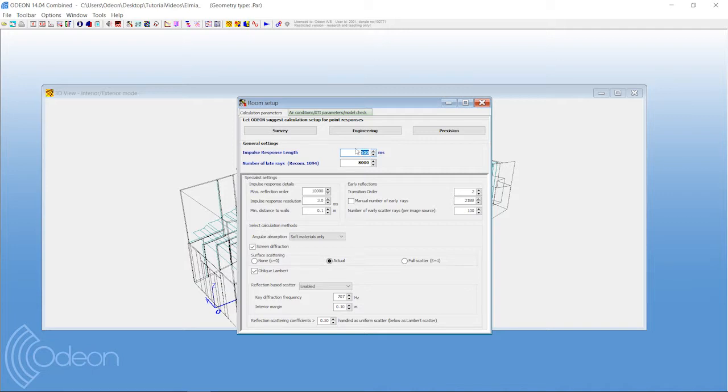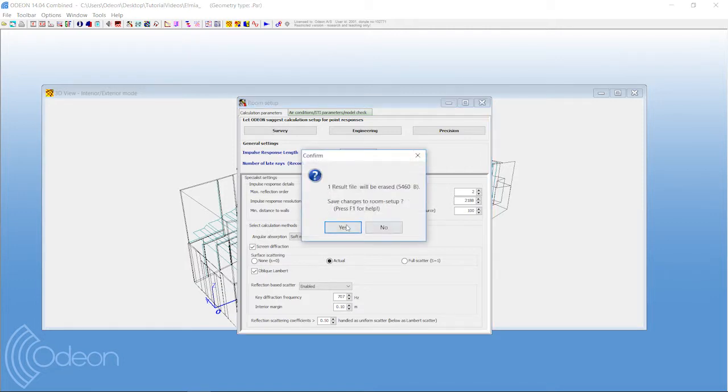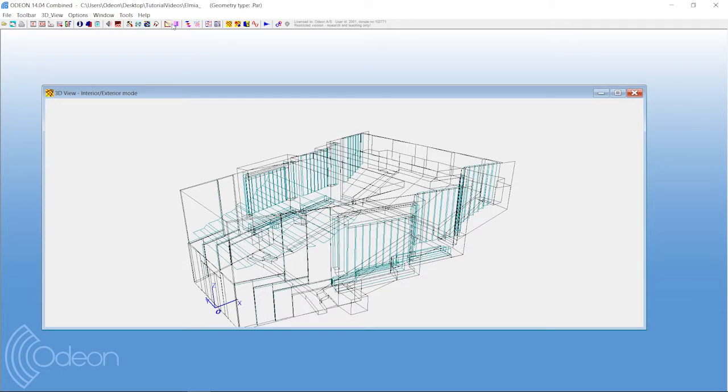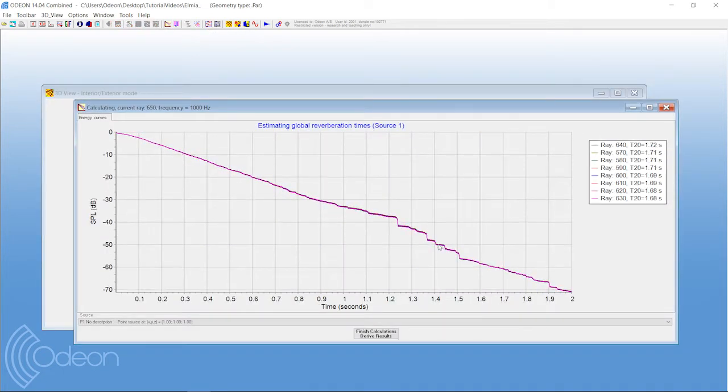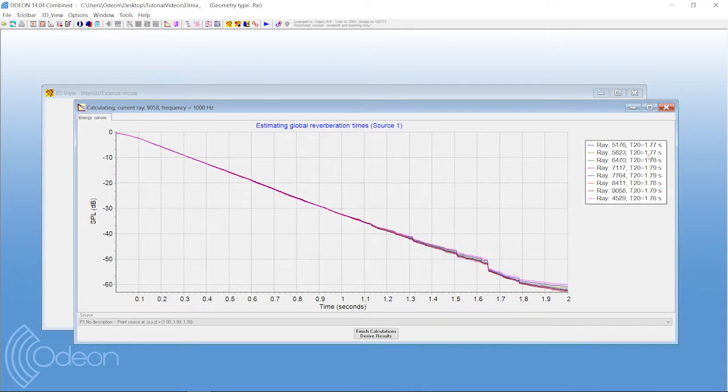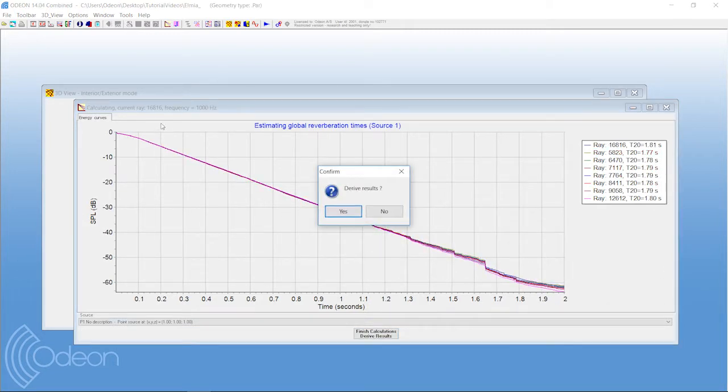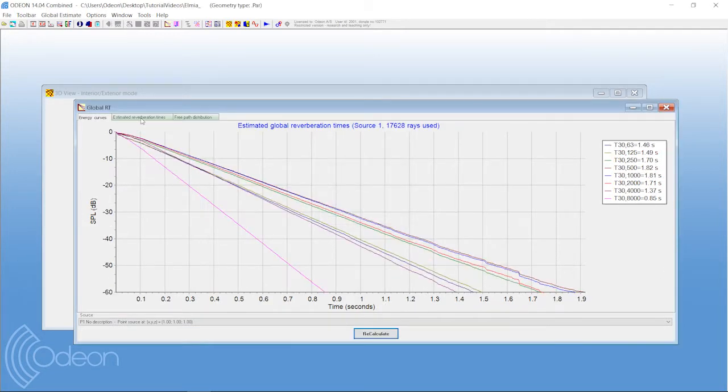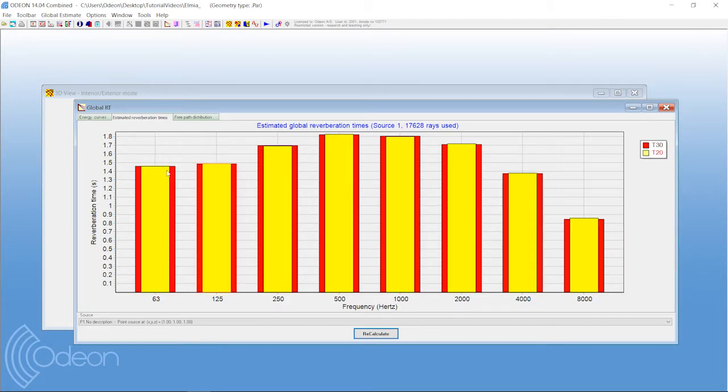But let's try to set it to 2,000 and see if we get anything. So let's see, we get something here at least. Yes, because they're all below 2, actually you can set it a bit lower. It would be fine here to just set it to 1.5, but again, better safe than sorry.